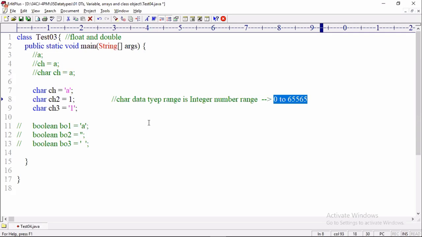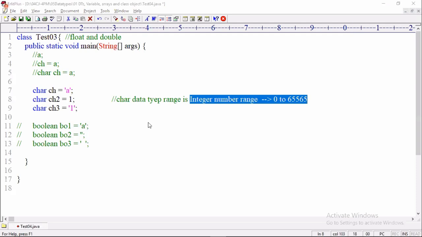Then its associated matched value will be stored. Understand? Is it clear? Remember this. For future, this point is required.